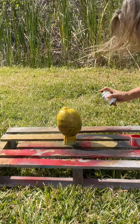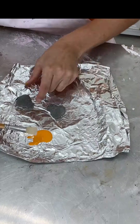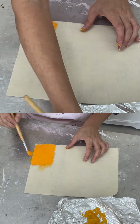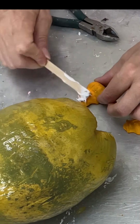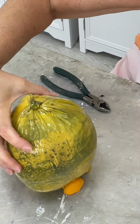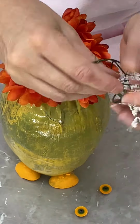I used a coconut and painted it yellow. Then I had concrete snowmen that I painted orange, and then I had a piece of felt that I also painted orange to match. I glued the snowmen onto the bottom of the coconut for feet. Then I had eyes, cut the posts off, and I had some fake flowers, which I glued onto the top